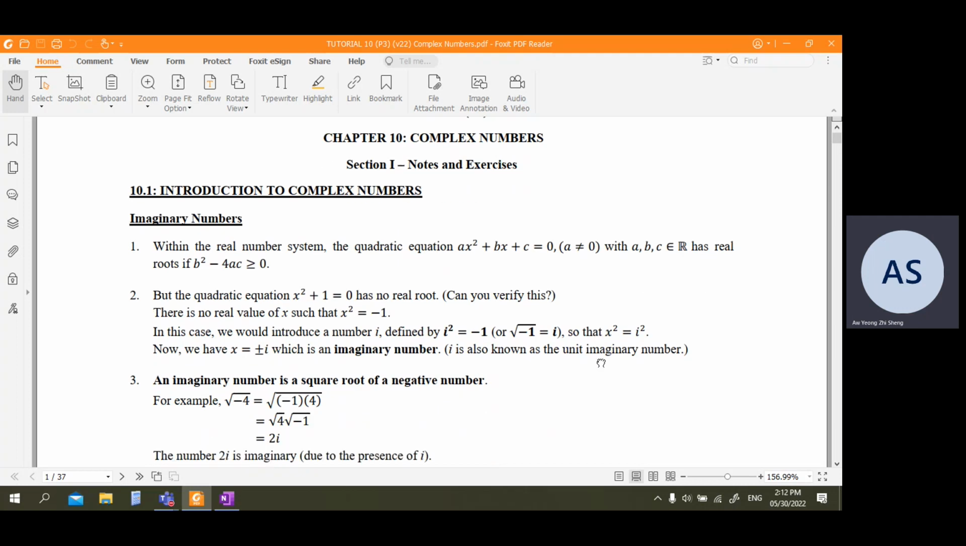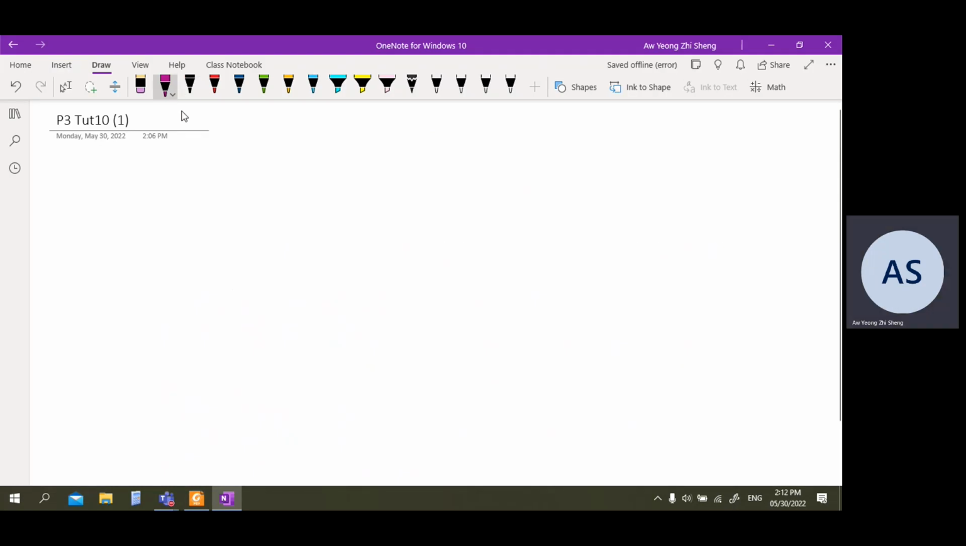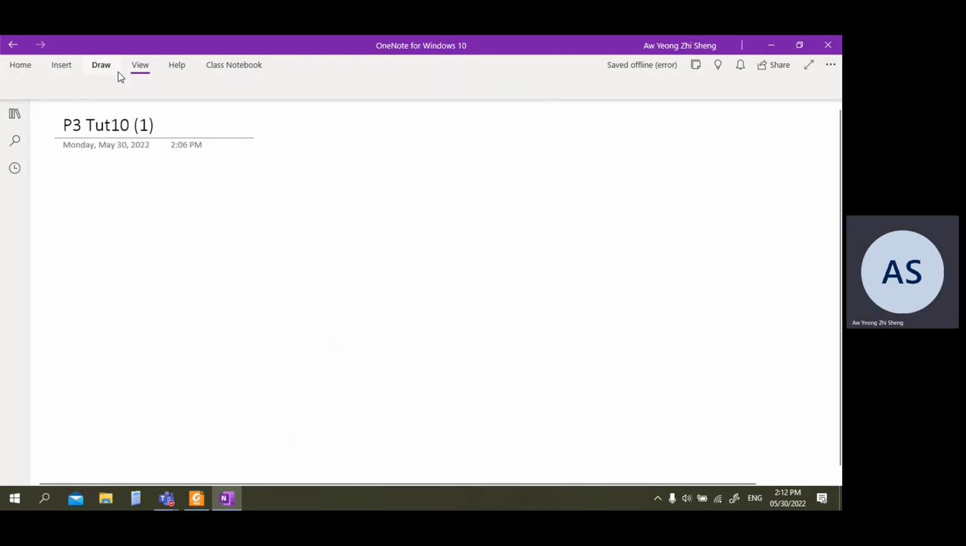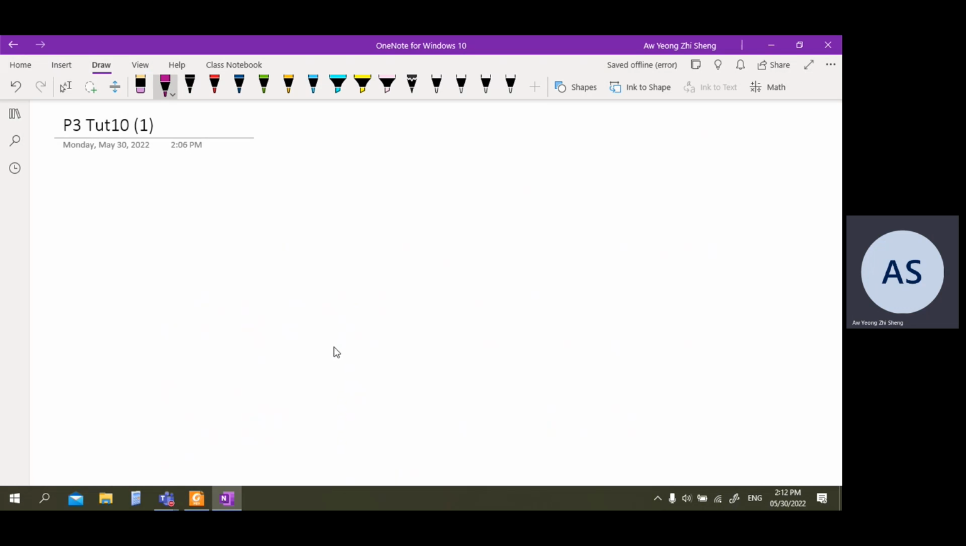So before we go through the points on page number 1, let's recap some of the knowledge we have learned during our very first lecture in semester 1. Okay. So recall that during our very first lesson in semester 1, you were introduced to number systems in mathematics. You were introduced that the set of natural numbers